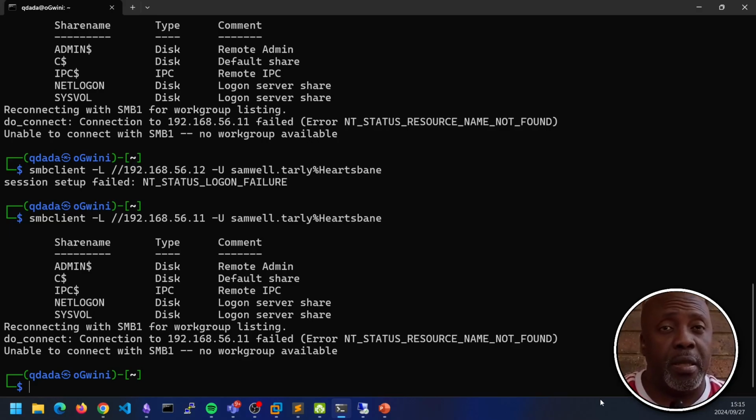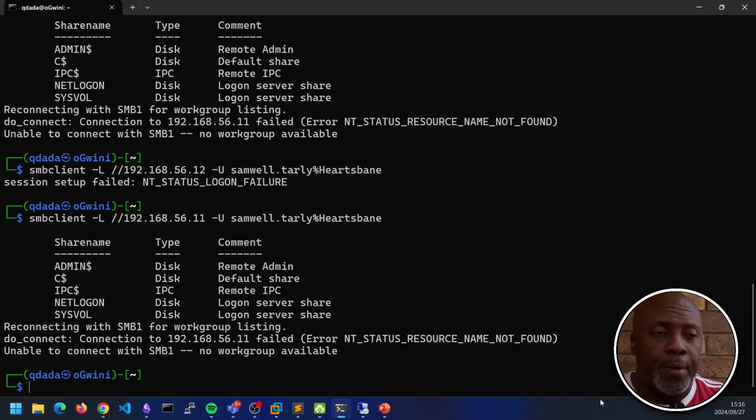It's obviously the active domain controller is a higher value target. And if there's going to be a share in an active domain controller, I'm going to look there first. It's still worth looking in the other places, but for the sake of time, I'm going to ask that we look into the active domain controller first. We'll still look at the others. I'll show you how, but let's look at the active domain controller.